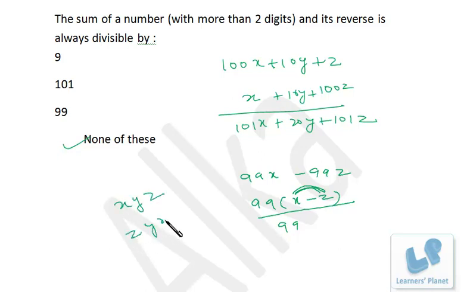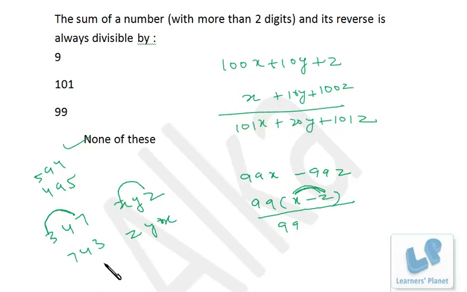And if we divide this difference by 99, we get the difference between the extreme digits, right? So xyz and its reverse: if one is deducted from the other, the difference will be a multiple of 99, and if we divide that difference, which is 99 into x minus z, by 99, we'll get the difference between the extreme digits. You can very well take the examples of 495, 594, 347, 743.